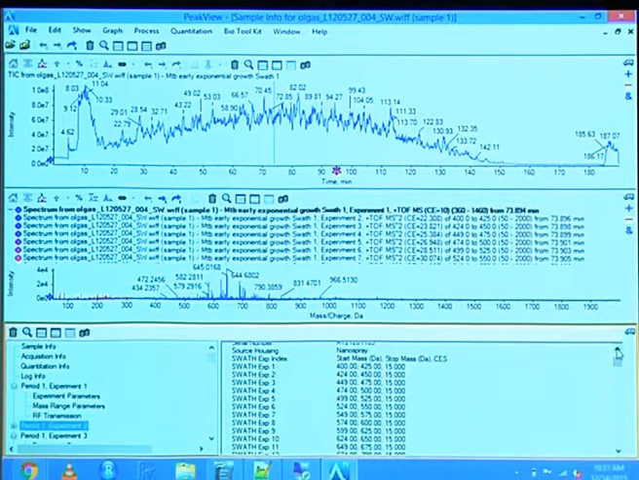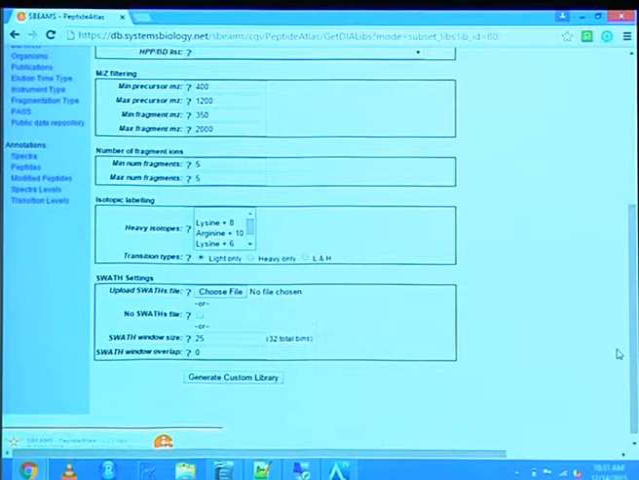So that's essentially a table like that, except here you have to delete that column. It's just start, separator, and then end of each of the windows, and that's it. But since we just used the 25 Dalton window, the traditional one, we can leave it like that. And then you click on Generate Custom Library,